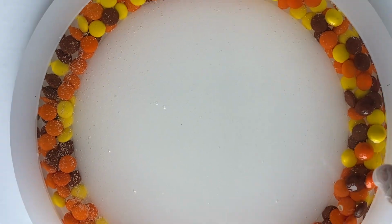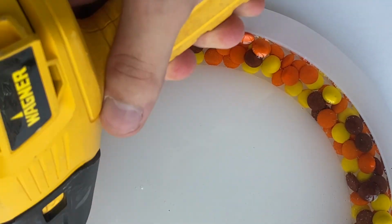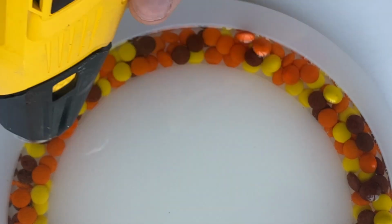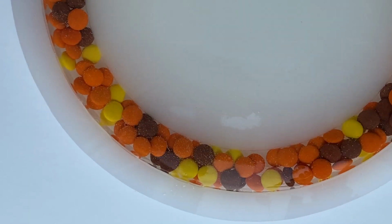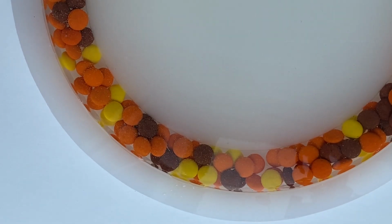Today I'm using a heat gun and I'm just gonna quickly brush it over. Because this is candy and because it's chocolate, it melts super easy. So you don't wanna put this super hot heat gun over the candy for too long. And you can see here, it's just one quick swipe over and all the bubbles are gone, leaving you with